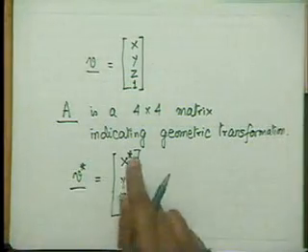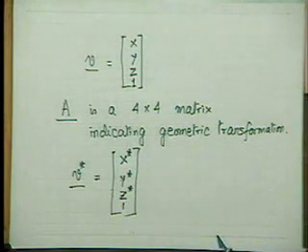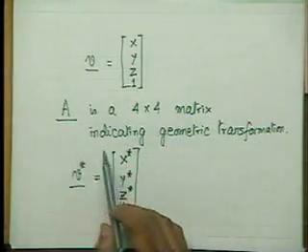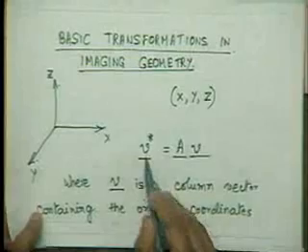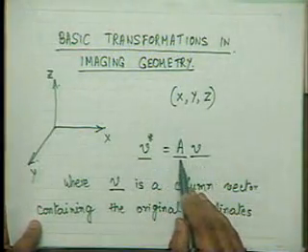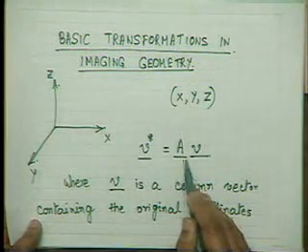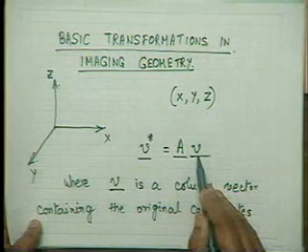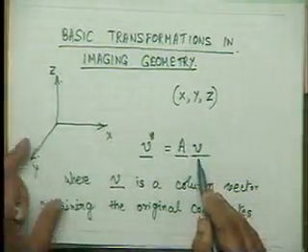So this is the column vector V star here. This is the basic relationship, that the column vector V star will be a product of the 4 by 4 transformation matrix and the 4-element column vector indicating the original coordinates,